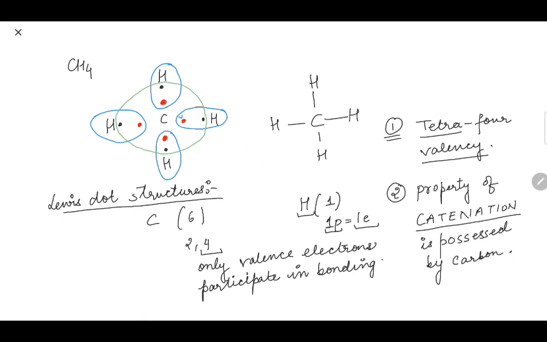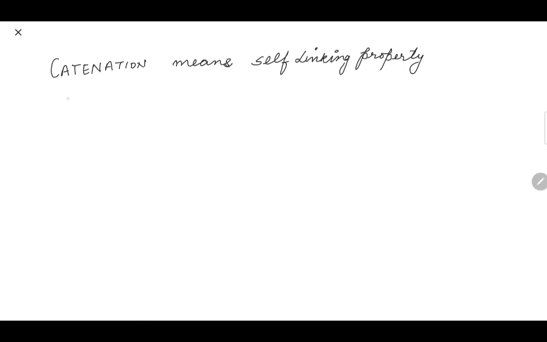The catenation property means the self-linking property. Catenation means the self-linking property of carbon